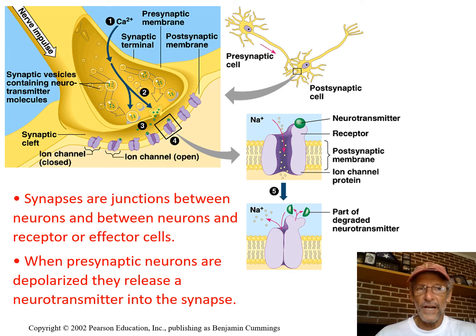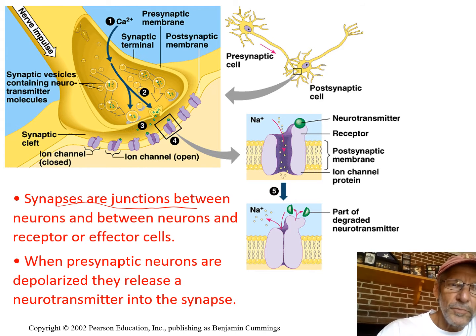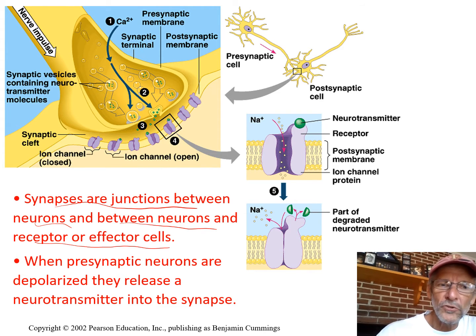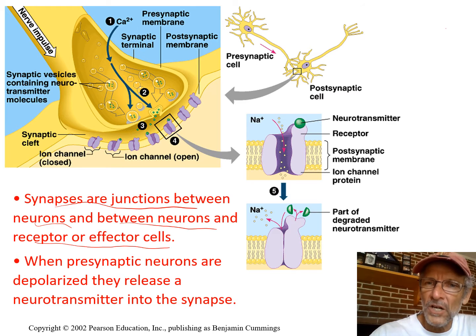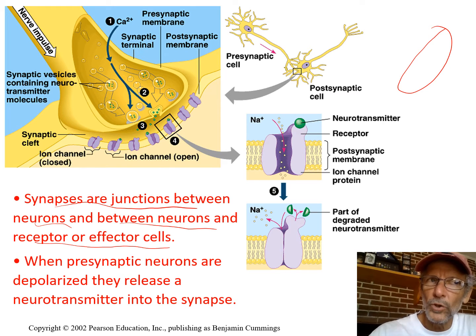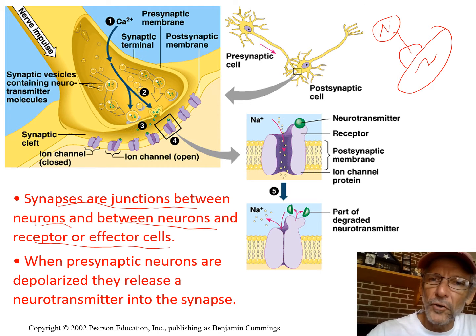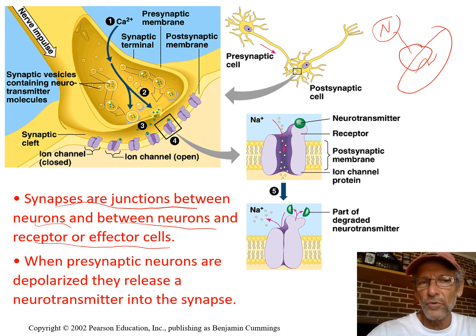This nerve connects with another nerve at that place we call a synapse. Synapses are junctions between two neurons and between neurons and receptor or effector cells, except that if that effector cell is a muscle, right, which we will talk about, I think, next here in class, right? If it's a muscle that this nerve is attaching to, we call that a neuromuscular junction, but it's no different,